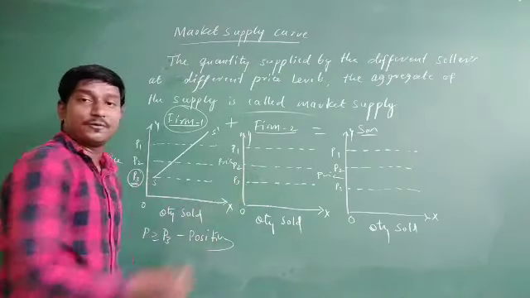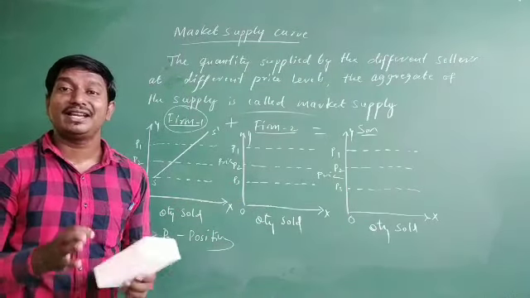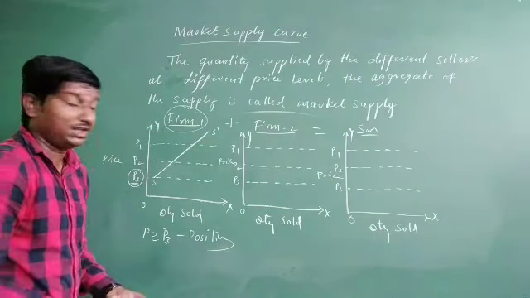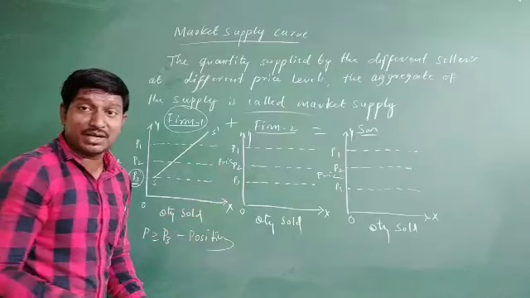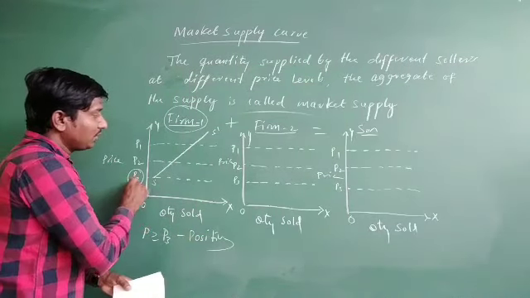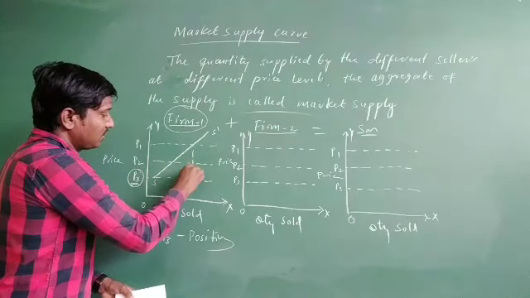And what about firm 2? Firm 2 will not supply any quantity if the price is exactly equal to P3 or more than P3. And if only the price is more than P2, then firm 2 supplies, that we see later. But here what is going to happen here? And this is our, you can say